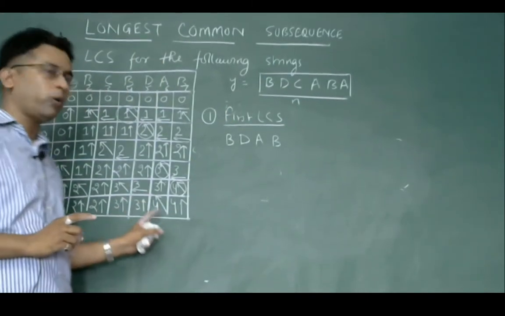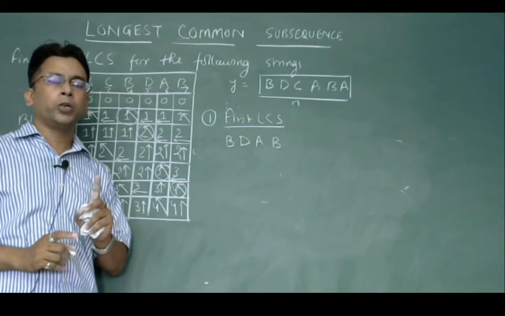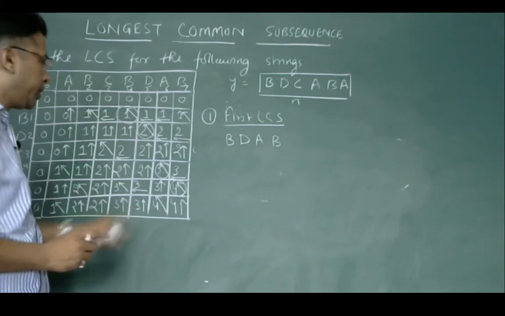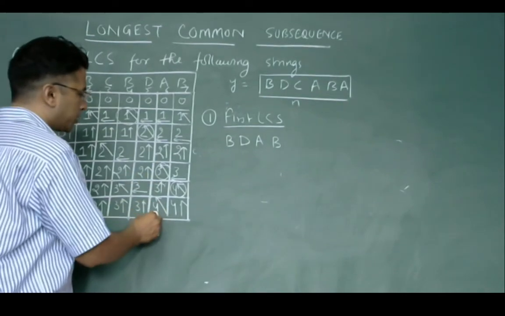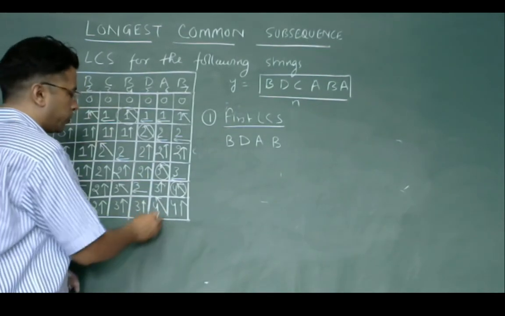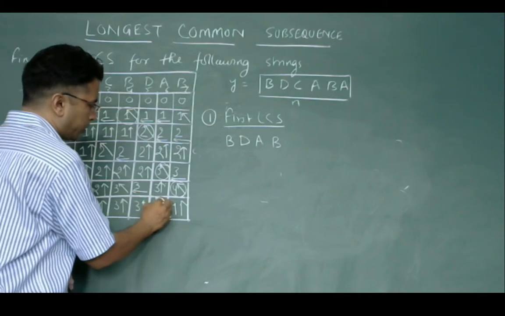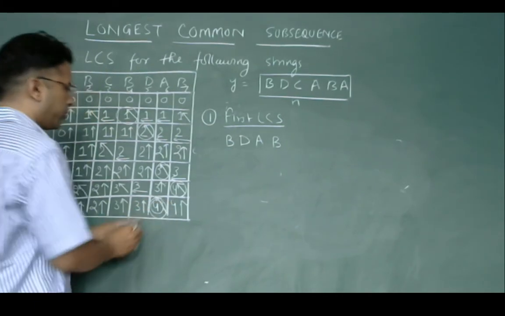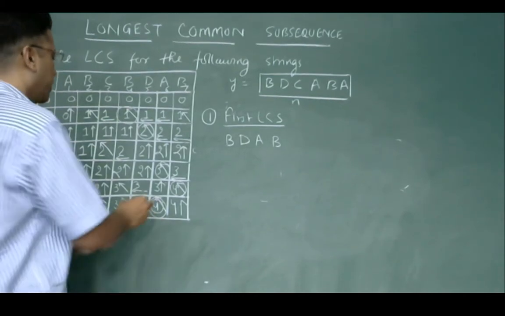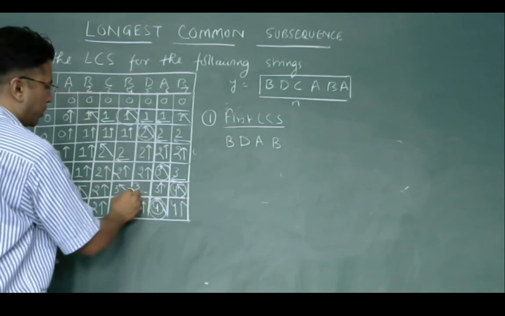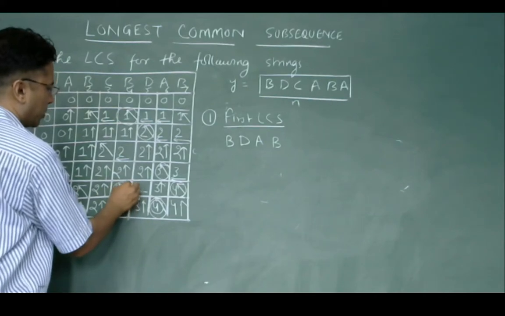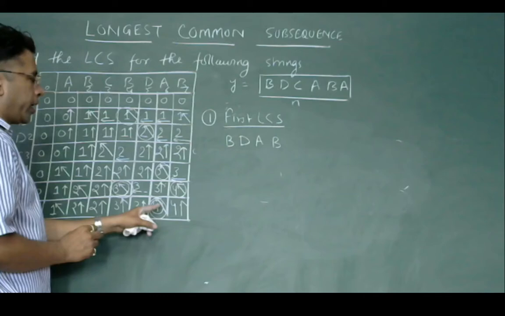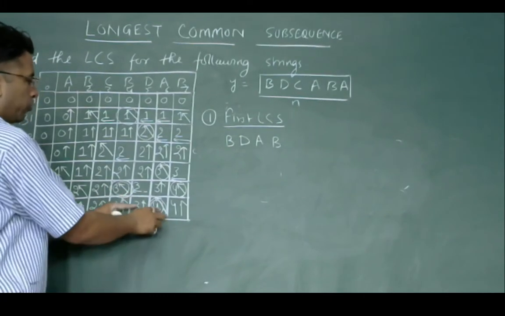But here we have got two values of 4. So there are two possible solutions. So we shall find out another longest common subsequence. To find another common subsequence, I am marking this arrow like this, double circle 4, right? This arrow is in this direction. After moving to the 3, we encircle only the inclined position and we move in the direction of arrow 4.